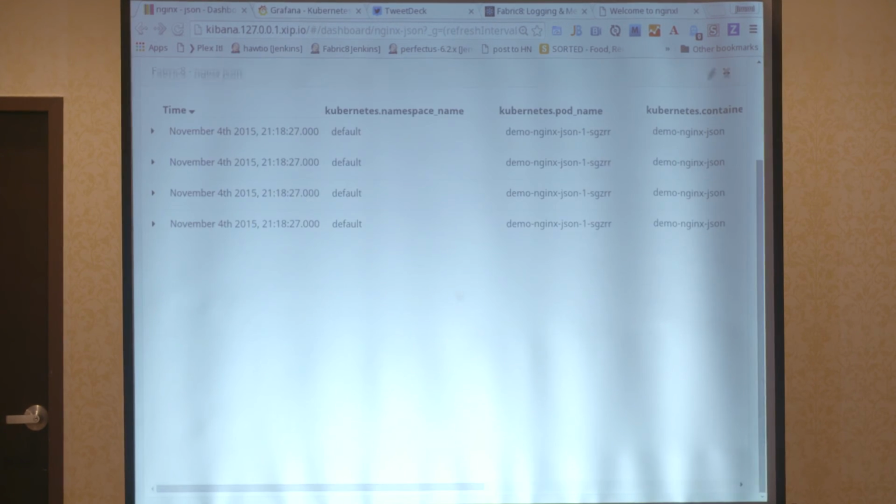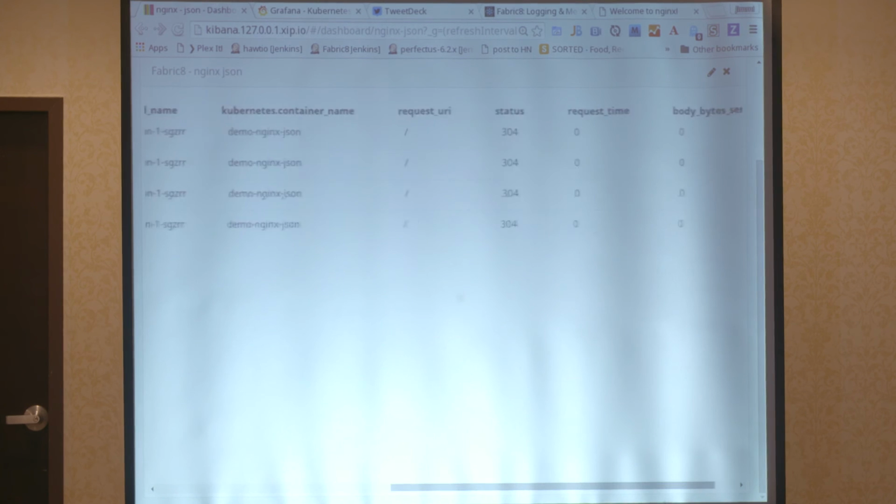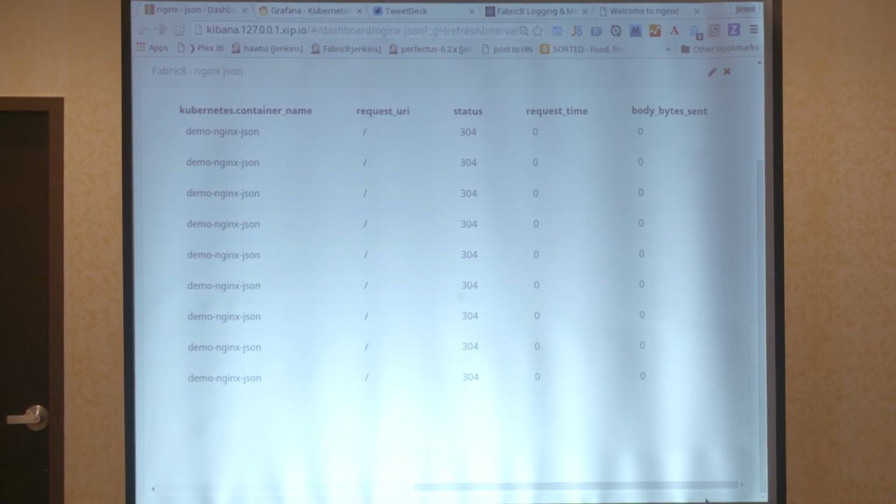I can see, if I scroll down, that the context I mentioned before is now indexed. So what could I do with stuff like this? I could create other dashboards. I'm not going to because I didn't. But I could do stuff like, well, these are all 304s, but I could look at what proportion of my requests were successful, so I can look at my logs and get loads of information out of it.